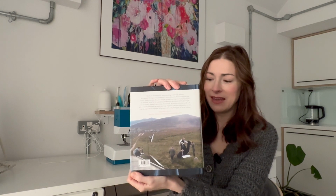And also tangentially sewing related, and not a present actually. My mum just gave me this because she'd read it and enjoyed it and said I might like it. It is The Other Side of the Coin by Angela Kelly, who was the Queen's dresser. I don't know if you've heard about this book, but it's all about the lady who dressed the Queen. And yeah, I'm really looking forward to getting stuck into that and hearing all about the Queen's wardrobe